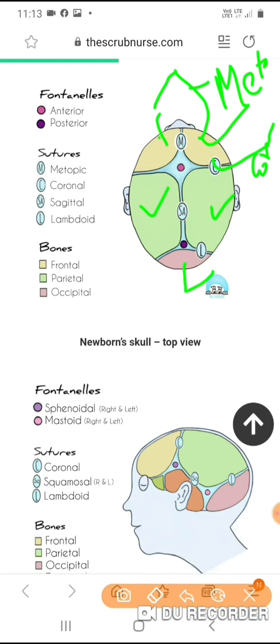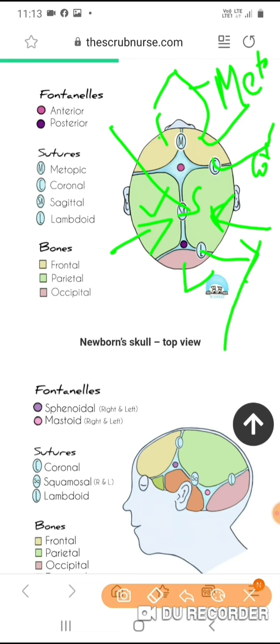apart from coronal suture, parietal bones, these are your parietal bone, and in between these parietal bones they fuse with each other by sagittal suture. So this is your sagittal suture, and the other one is your lambdoid suture. So these all are your sutures, and